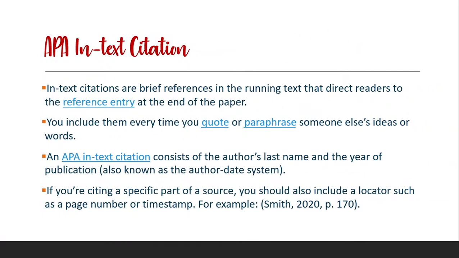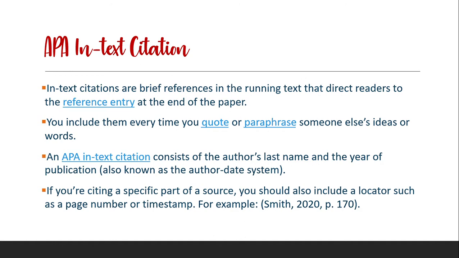For your in-text citation, in case you're wondering what they are, in-text citations are brief references in the running text that direct readers to the reference entry which is found at the end of your paper. You include them every time you quote or paraphrase someone else's ideas or words. An APA in-text citation consists of the author's last name and the year of publication, which is also known as